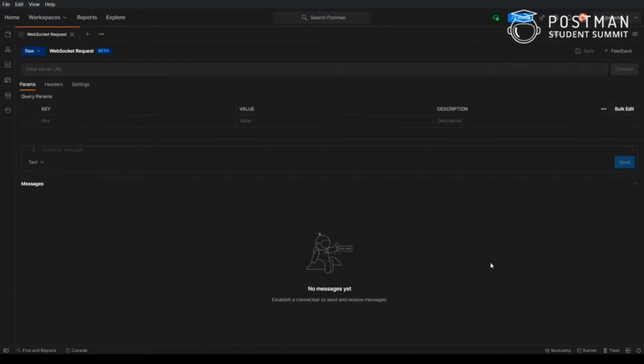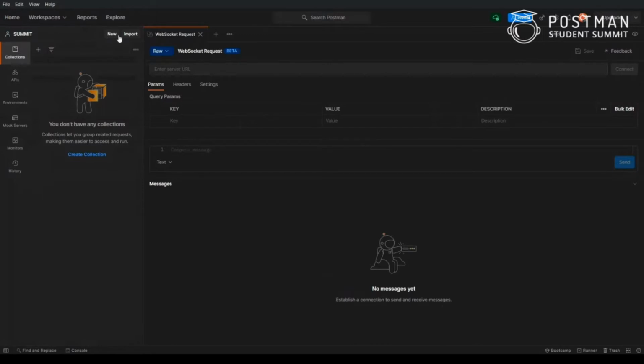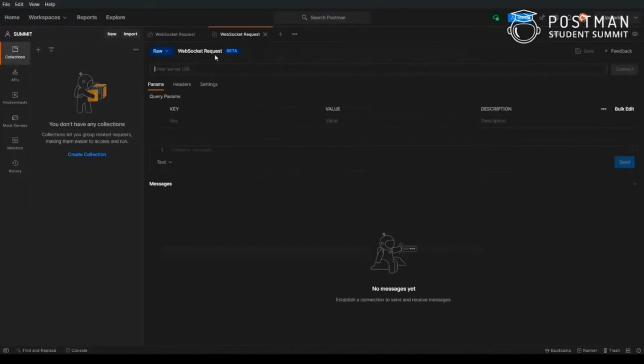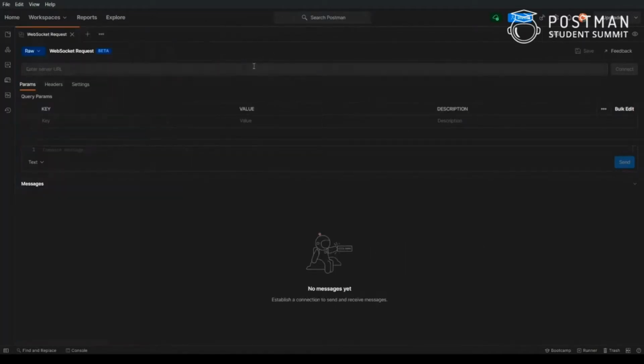So here I have a WebSocket request with me, and if you don't know how to create a WebSocket request, it's pretty easy. You have to click here on New and click on WebSocket request, and it will open a tab for a new WebSocket request. The user interface for WebSocket is very similar to the normal HTTP request. And if you are a beginner, WebSocket itself is a protocol.